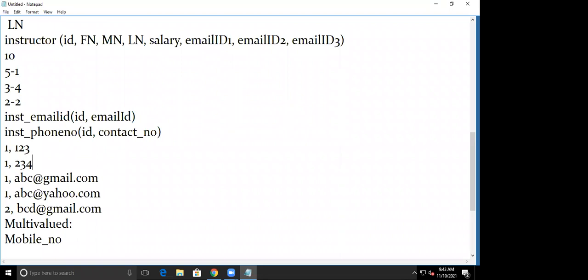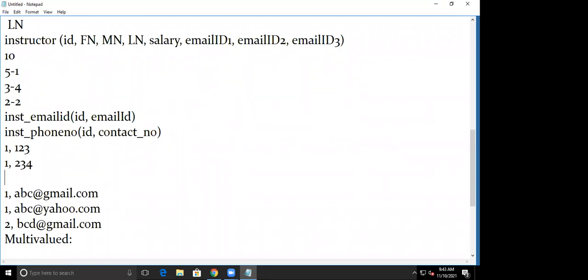For instructor 1 I'm having 2, 3, 4 separate contact numbers. If instructor 2 is having a single contact number, then I can have that, and combined, it is not always necessary, but this combined can form a primary key. So clear with this? How to store a multi-valued attribute, or convert the multi-valued attribute from the ER diagram to the relational schema.